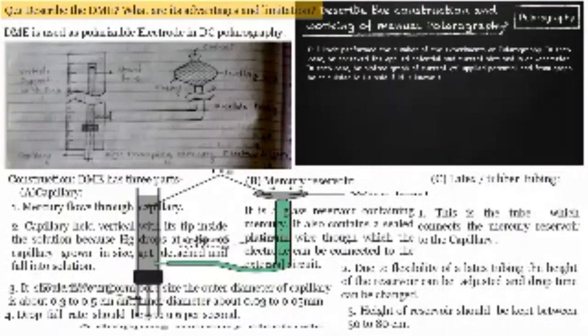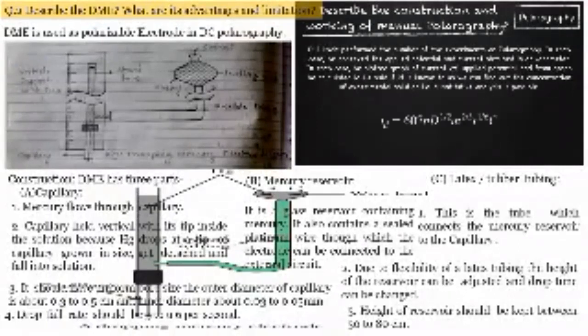He said if ID is known to us, we can find out the concentration of the experimental solution. That is, quantitative analysis is possible. ID is given by 607 into n into D power half, m power 2 by 3, t power